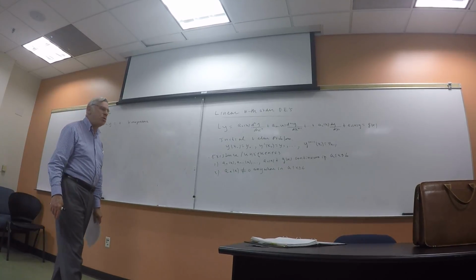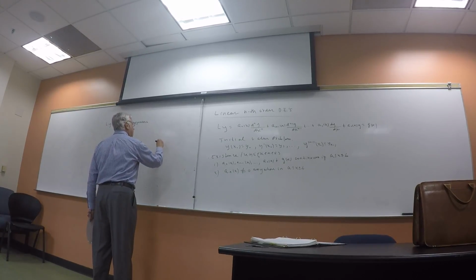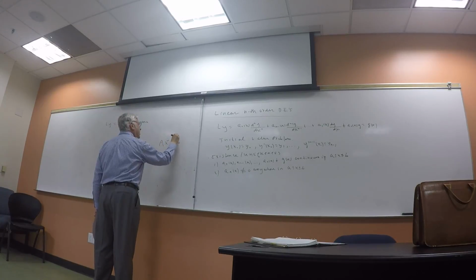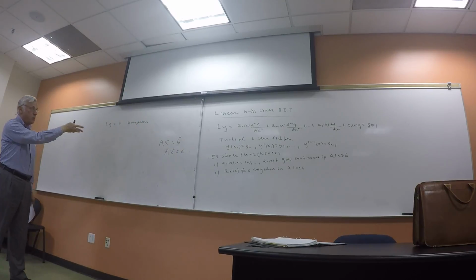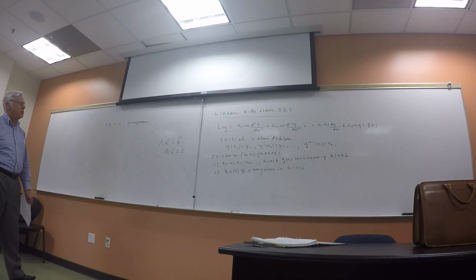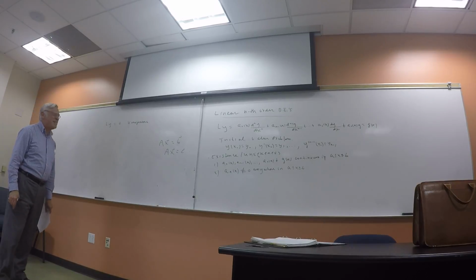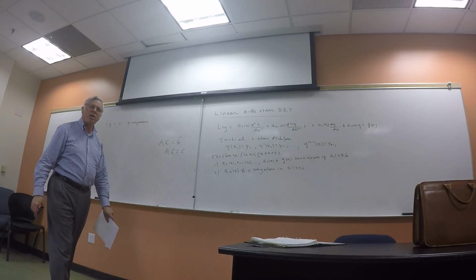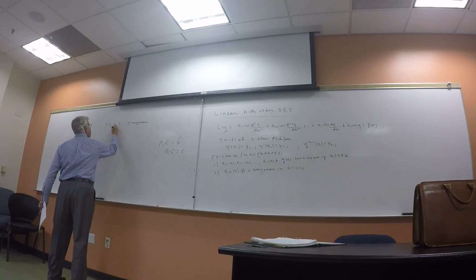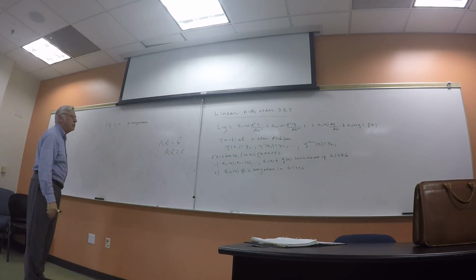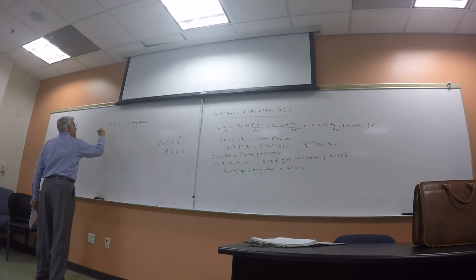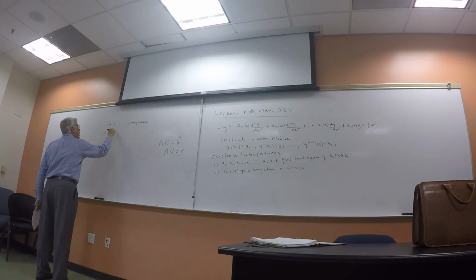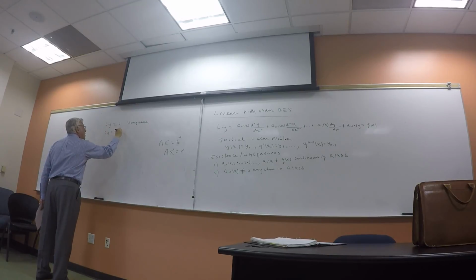Very analogous to when you took linear algebra and you did Ax equals b, right? When b was equal to 0, that was called the homogeneous equation. There are a lot of analogies between linear algebra and linear differential equations. So when the right-hand side is identically 0, not 0 for a certain value of x but identically 0, that's called homogeneous. When you have L operating on y equals g of x, not identically 0,